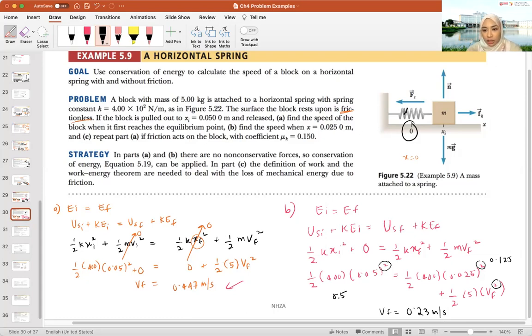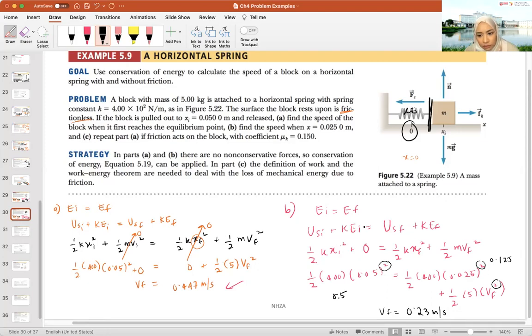So at this point, KE is the maximum. We would say that the KE is the maximum because all of that energy is converted into KE. If it reaches the halfway point here, part of the initial energy is converted into a little KE and, not half, some of it is retained as 1/2 kx squared. Okay, and then when we had friction, this is what